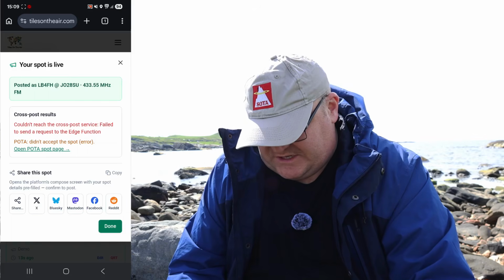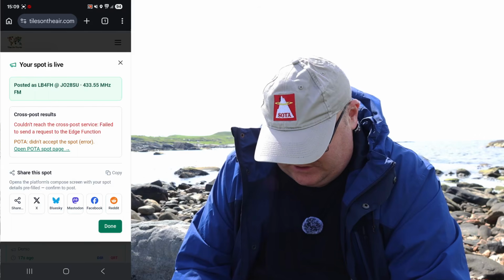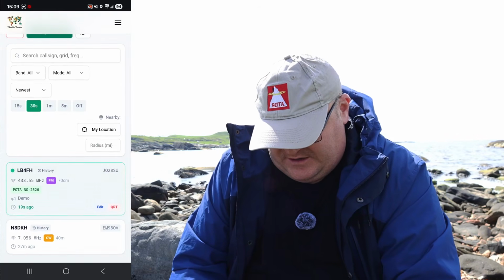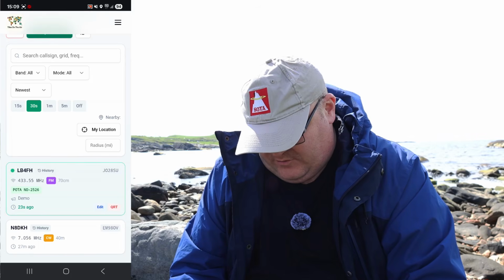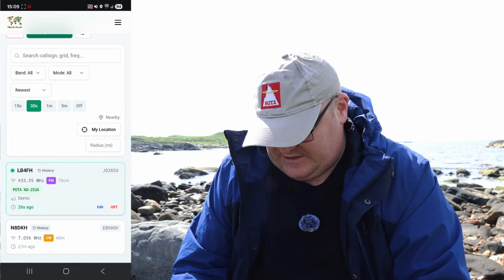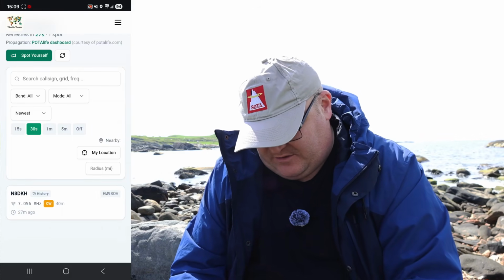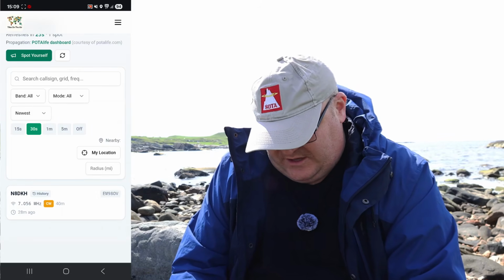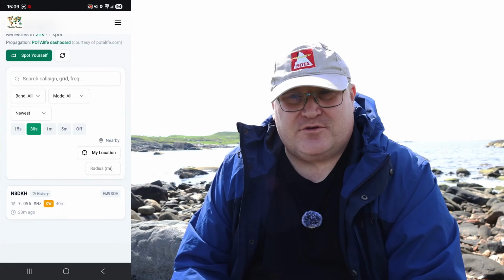You can also cross post this on Twitter, on Blue Sky, or whatever else you use. So yeah, it's a fun thing. And then I'll just go in here. You can edit it, or you can mark yourself as QRT like this. And you can see there's another guy activating here on CW. He's been on and last seen 28 minutes ago, and I think the spots expire after 30 like they do